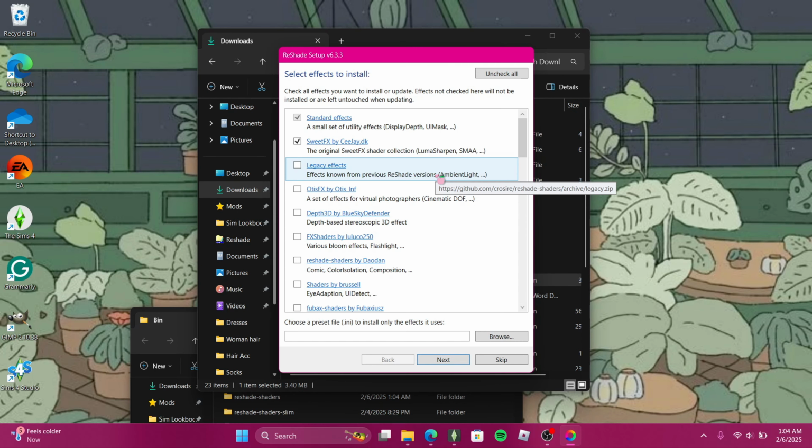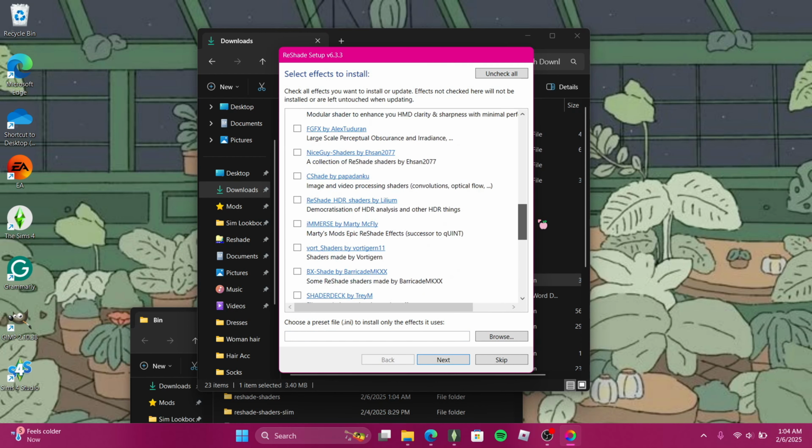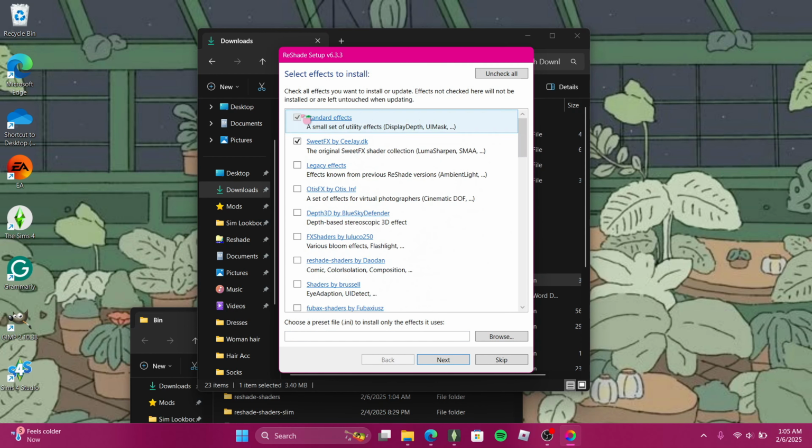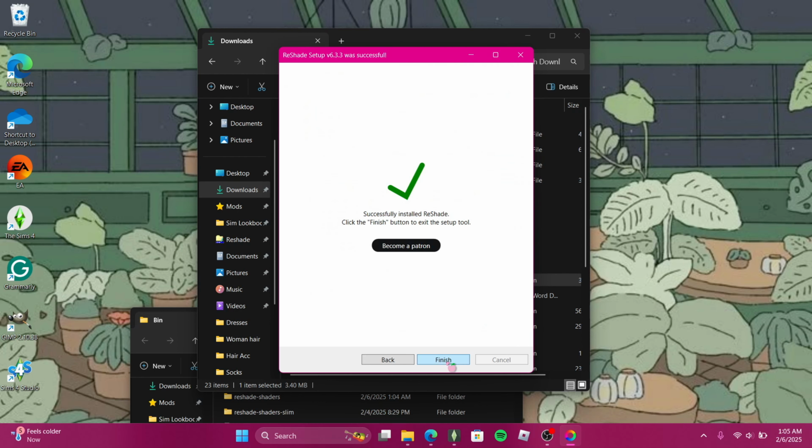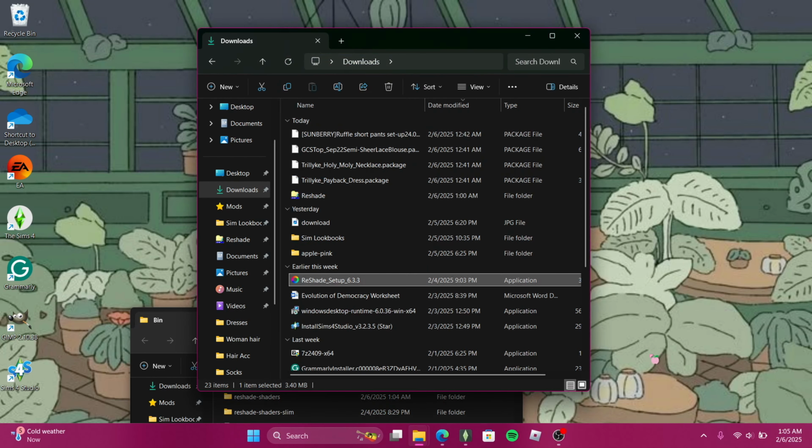Okay, so now when you first download it, this will pop up. Okay? I don't know too much about all this. I just have standard effects and SweetFX. That's all that I have downloaded. Anyways, after you do that, you just have to press next. And then it should say successfully installed, and you have to press finish. So now that you do that,